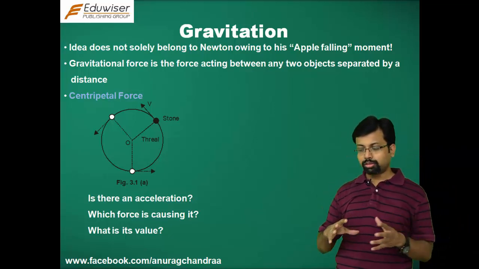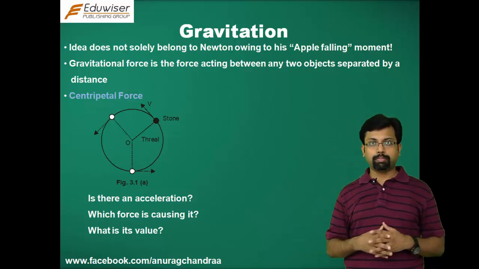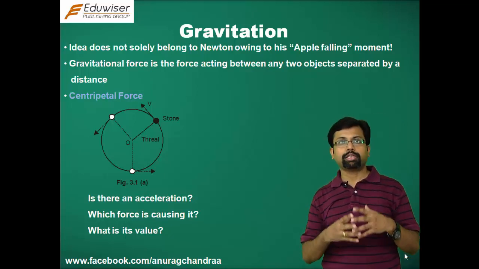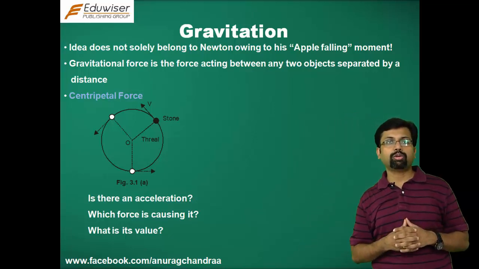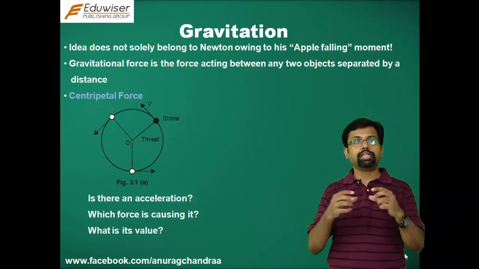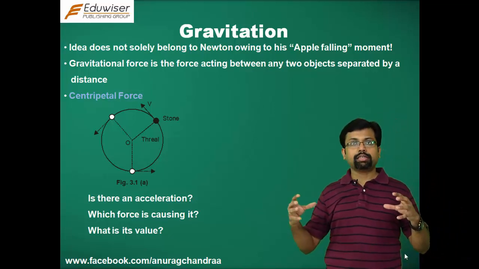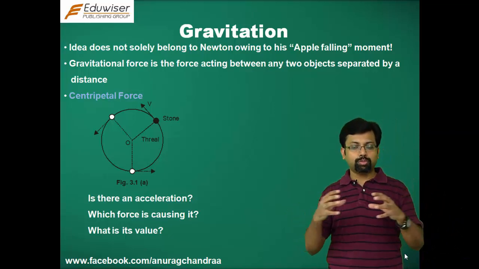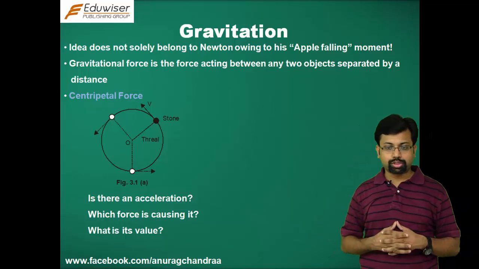Both Johannes Kepler and Aryabhat talked about the path taken by the planets, but Newton took that idea and formulated it to find out the force that acts between any two objects that are kept at a distance. Now, the force acting between any two objects in the universe which are separated by a distance is what is called the gravitational force.